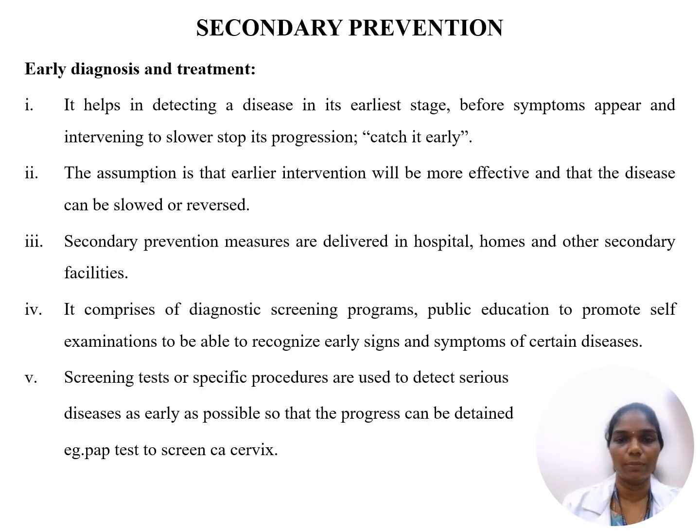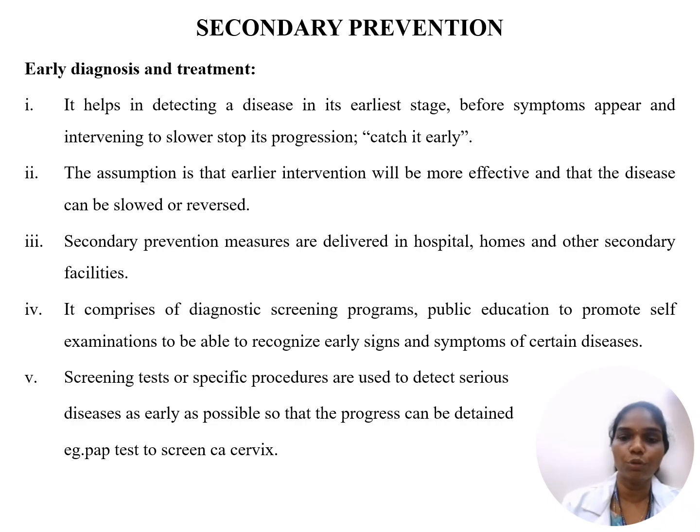Next is secondary prevention. Primary prevention we have seen, no? What is that? Primary prevention is nothing but we are trying to prevent the disease before it is occurring. Whereas in secondary prevention, the disease has already occurred. So what can you do here? The disease is already developed, but still we don't want the individual to go into the complications of the disease. Suppose the person has diabetes, we try to control it at this level, that is secondary prevention.